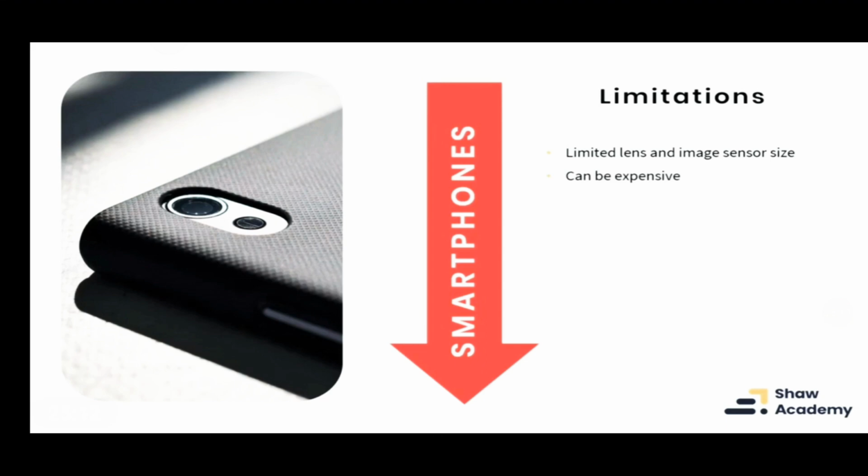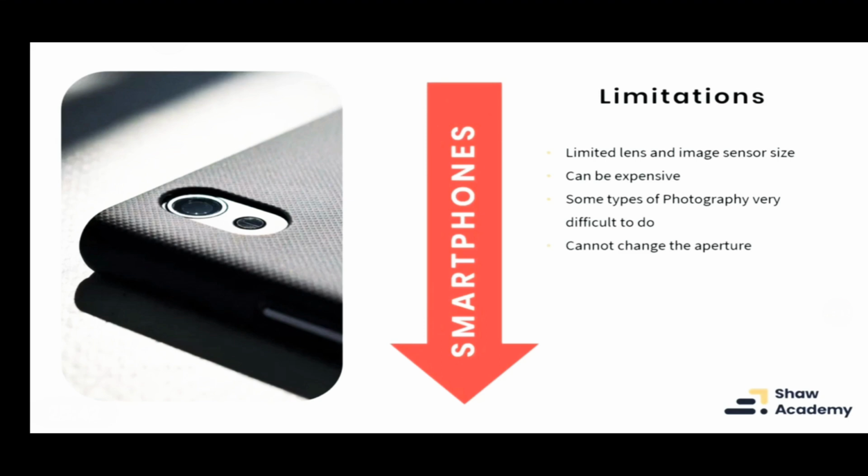They can be really expensive. The latest iPhone, the OnePlus, the latest Huawei, Samsung, the top end ones are incredibly expensive. But of course, you're not just paying for a camera, you're paying for all the other features that are available as well. Some types of photography are difficult to do, like wildlife and sports photography, which can both be very, very challenging with phones. But again, that is improving every single day.